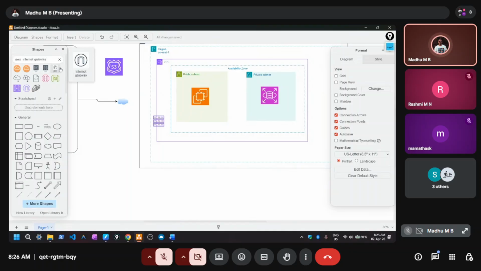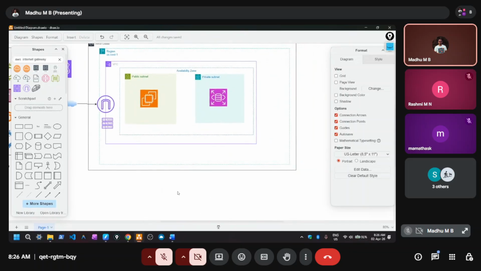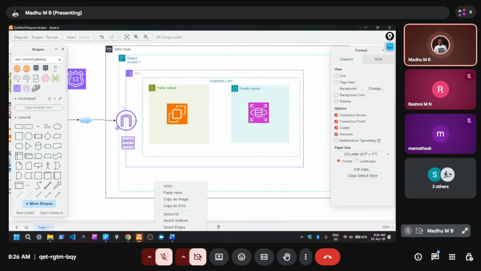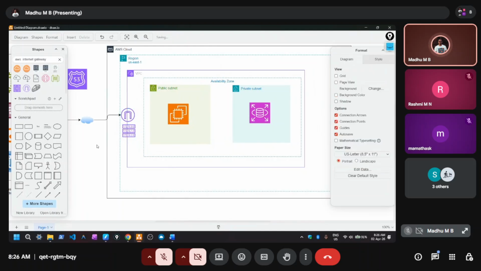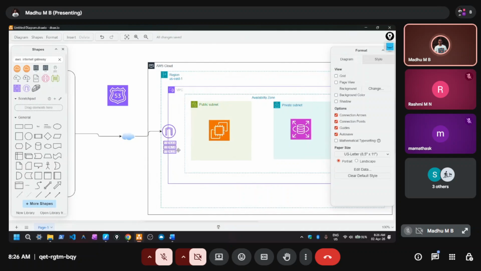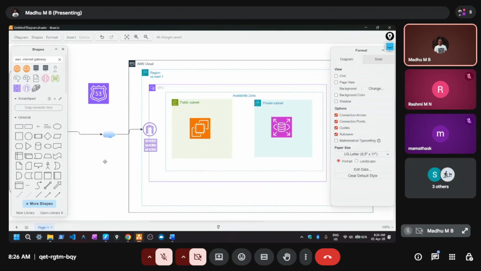Okay, let me select the internet gateway. Yeah, here it is. Okay, and now the data will come to the internet gateway. Why? Because we need to have the internet gateway. So the server, whatever we have selected, correct? That needs to be communicated, and also the IoT device needs to communicate to the server, right? For that reason. So this is the private subnet, and also let's put some,